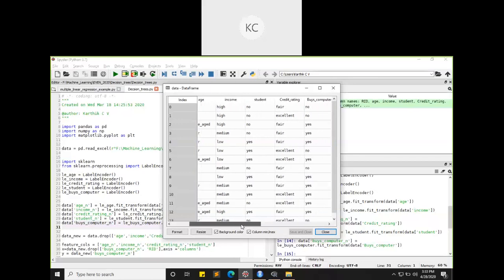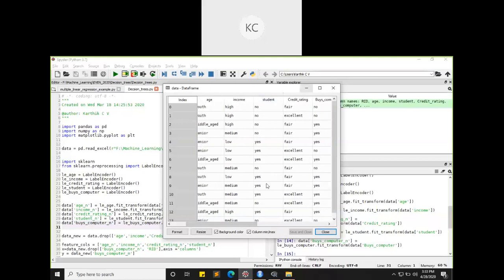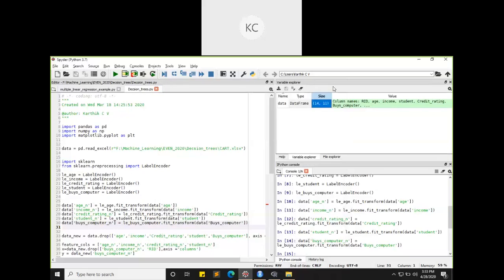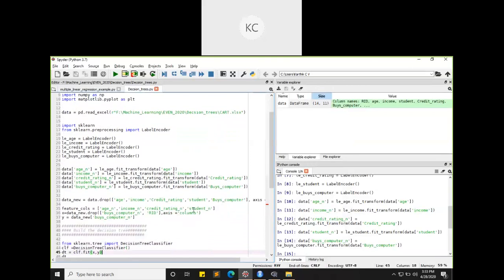I had categorical variables, and for those I created dummy variables, or encoded them into numerical values, so that I can develop the model.